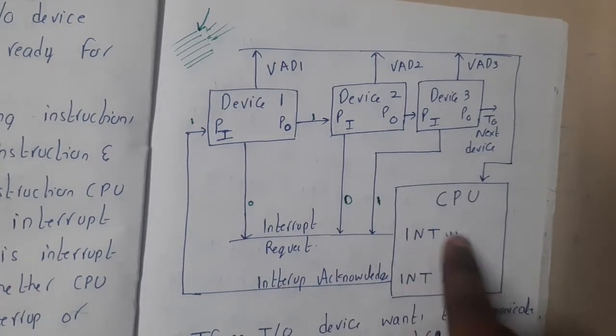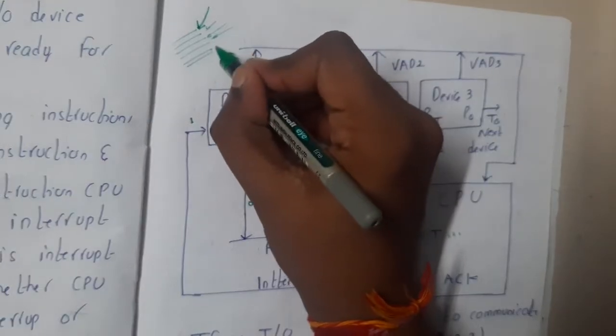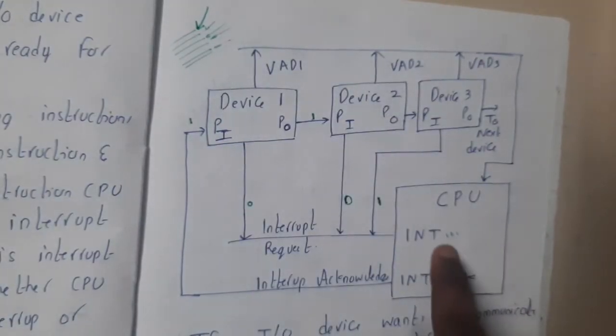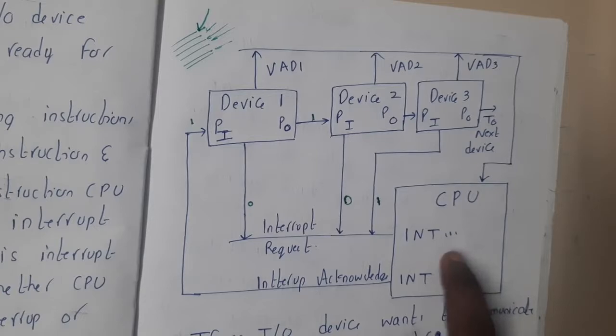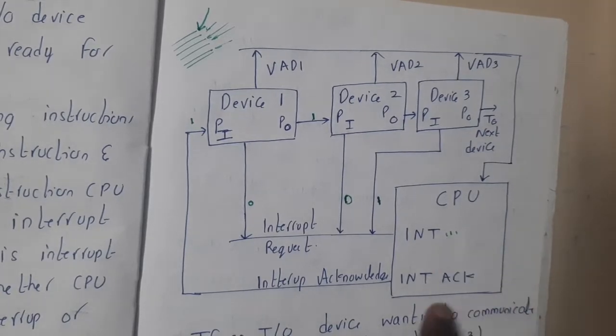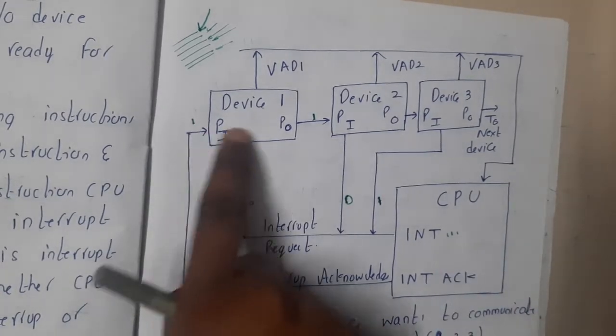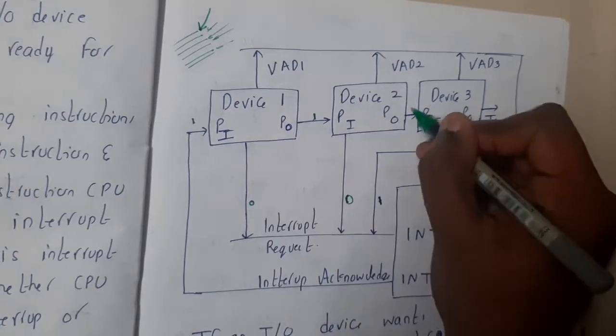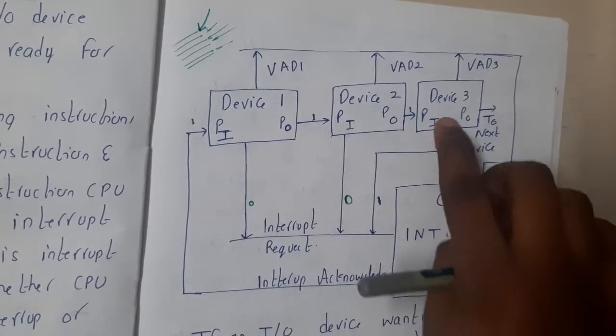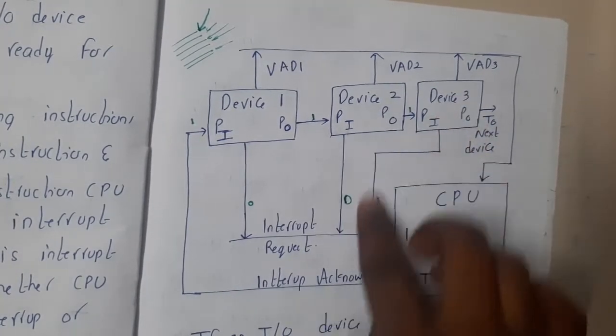Okay, so at the next cycle, assume this step is done. Now this step will be done, and again the CPU will check. So the interrupt is still 1. I think someone else wants to send the data, so again it will send the acknowledgement. At this time it will pass till here. This will also pass it 1 because it is 0. It will pass, so now this device will send the data.